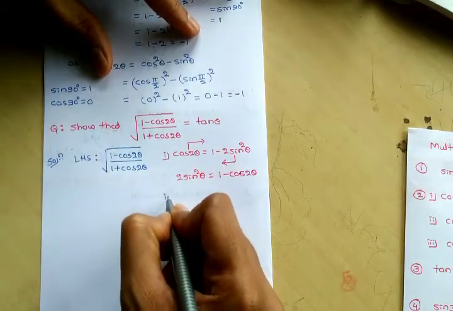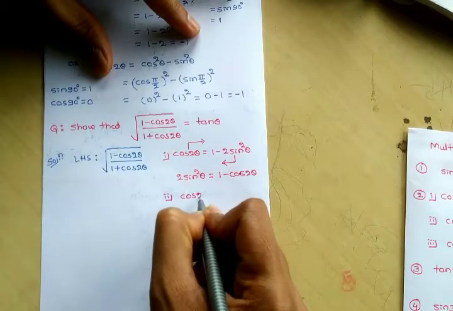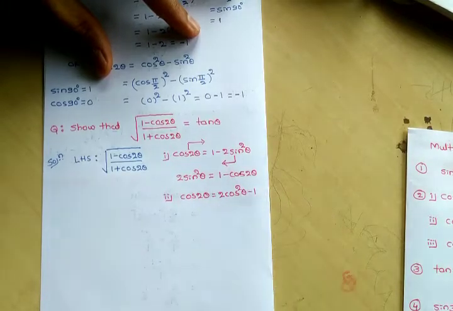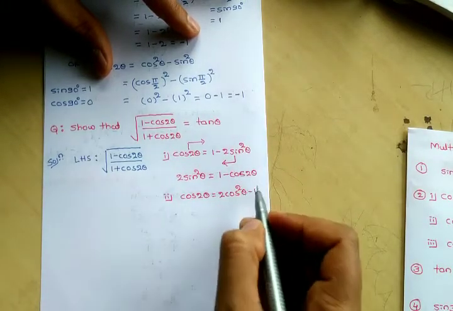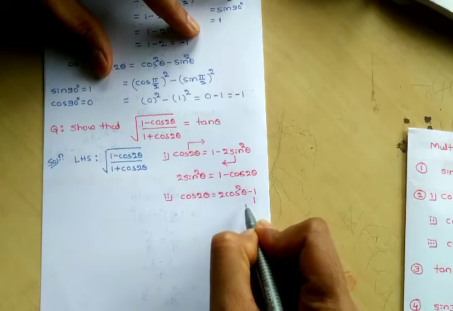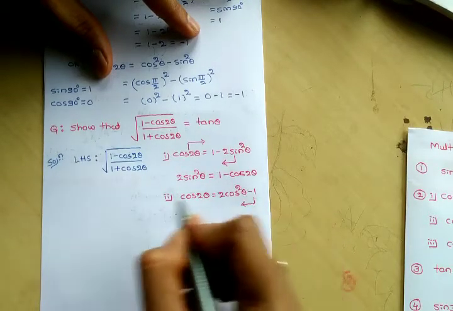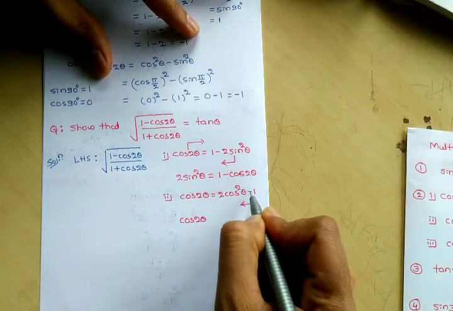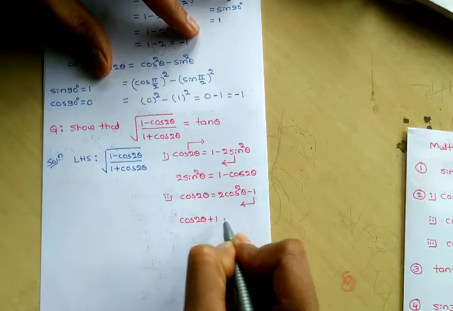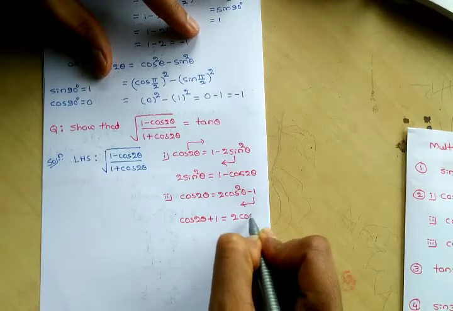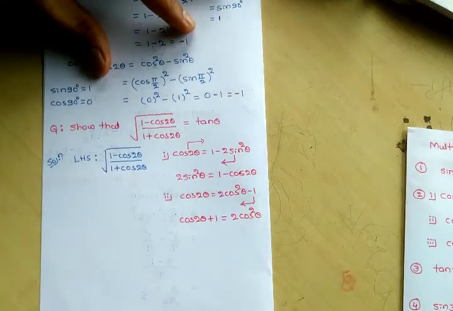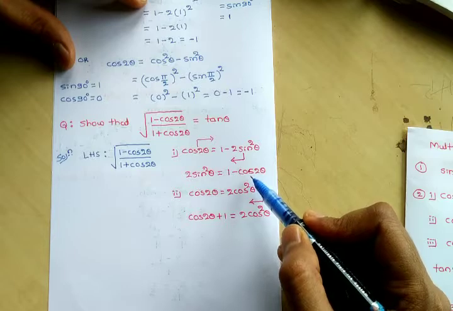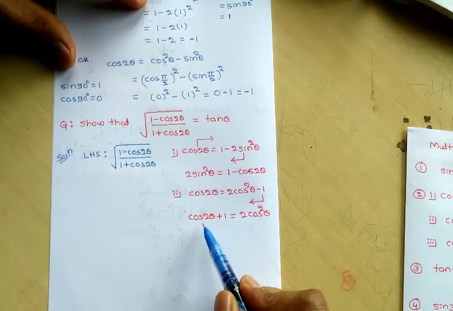Similarly, one more formula is there. Cos 2 theta is equal to 2 times cos square theta minus of what here? 1. So here what I am going to do is, only minus 1 I am going to shift to which side here? Left hand side. So that time cos 2 theta, this minus 1 becomes what here? Plus 1 is equal to what here? 2 cos square theta. So now see, which value is there? 1 minus cos 2 theta you got. Here you got 1 plus cos 2 theta.